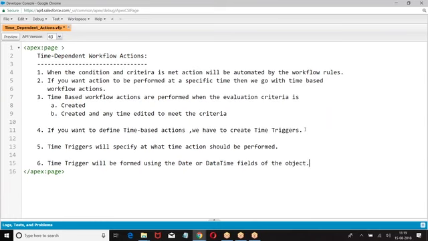So to form the time trigger, what am I going to use? Date fields and date and time fields of the object.